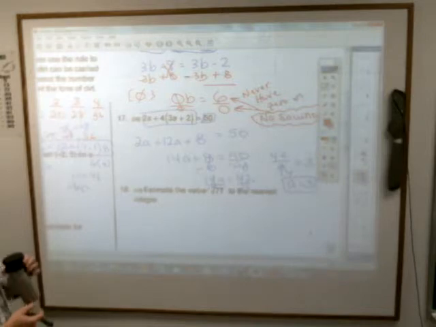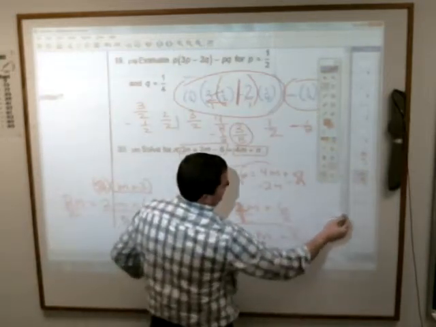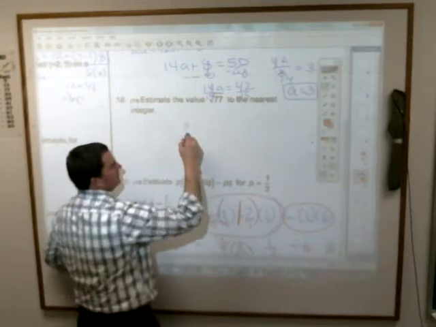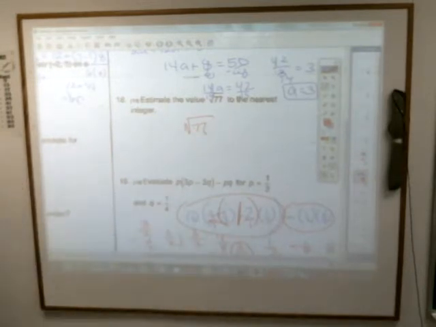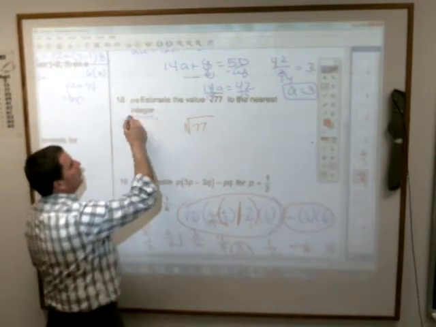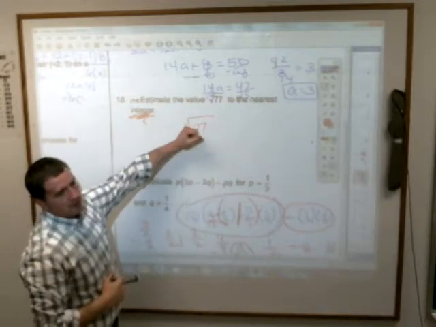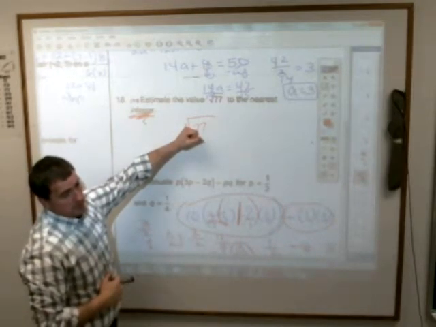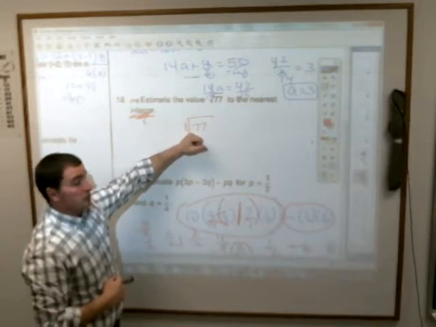C. Can we do 18? Number 18. You have the square root of 77. Say that's an irrational number because it's not going to work out. But they want to know what whole number, what integer, what positive or negative number the square root of 77 is closest to. So you have to know the perfect squares, which are what squares actually work out,